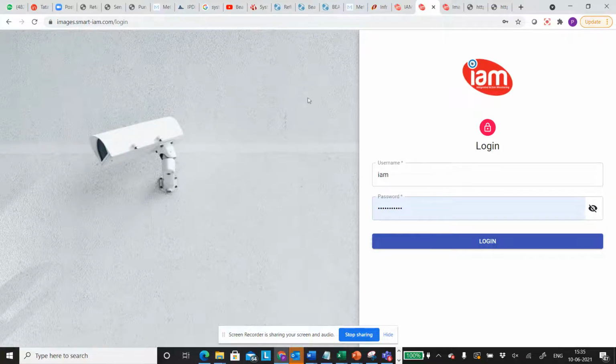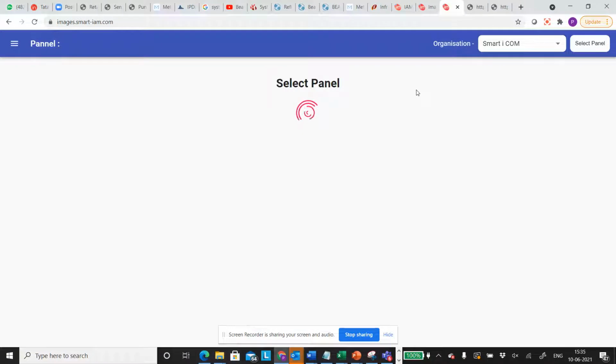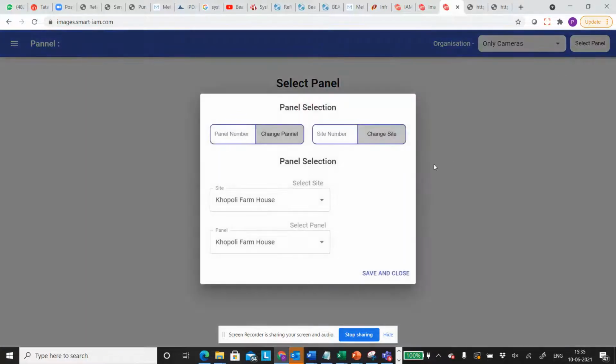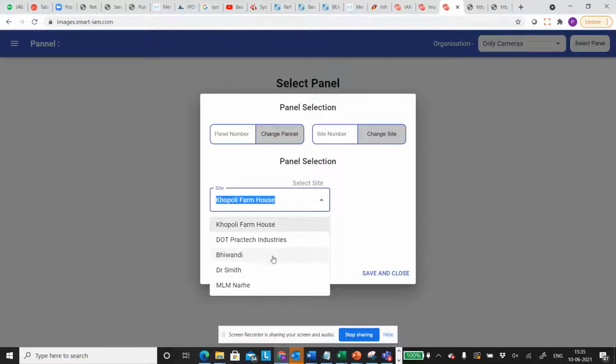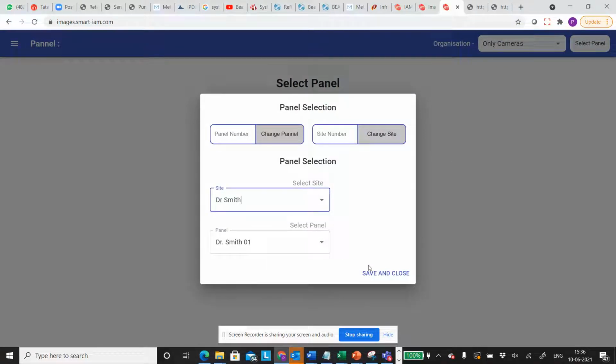So this is one of the unique solutions developed, a cloud hosted solution by the IIM team. If you just log in, you will realize how it works. Okay. So this is what you get, a panel where I'll be able to search my cameras and select a specific camera. I'll just go and look at the factory environment.